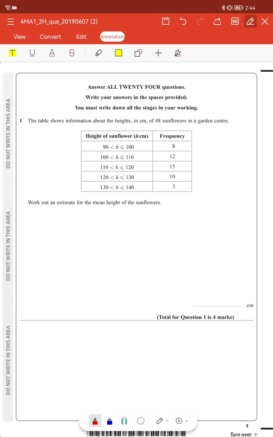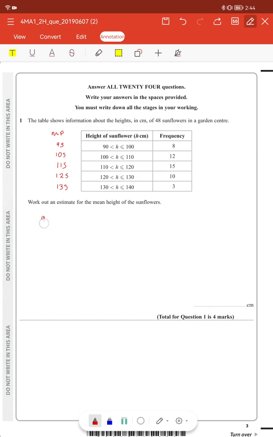The table shows the information about the heights in centimeters of 48 sunflowers in a garden center. It gives it to you as a table. Work out an estimate for the mean height. So remember with the mean height, we need to get the midpoint. So this one would be 95, 105, 115, 125,